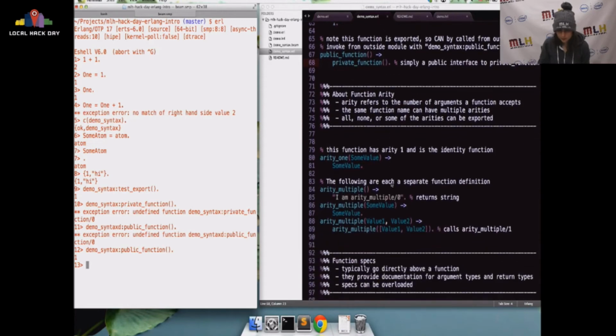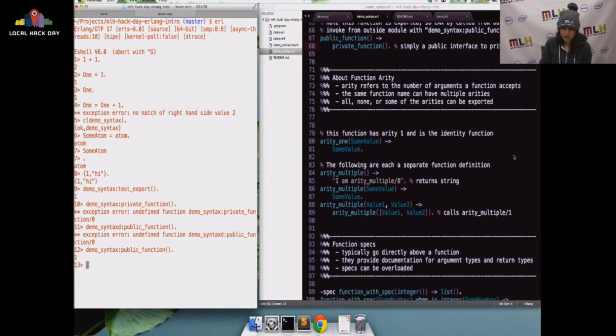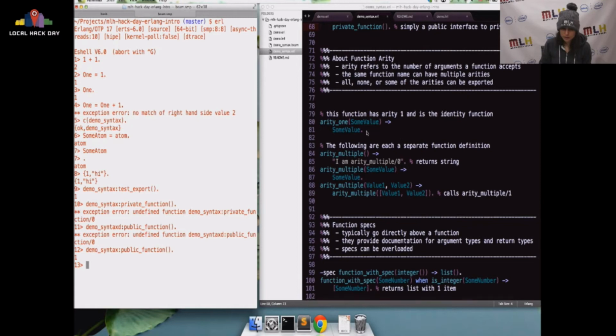So let's go back to talking about arity. As I said, arity refers to the number of arguments a function accepts. And you can have the same function name with multiple arities. And you can export all, none, or some of them. So here's a function that just has arity 1. It's just the identity function. It returns the value that's passed to it. And here's a function named arity multiple, where I define it with multiple arities. So if I just call demo syntax arity multiple with no arguments,